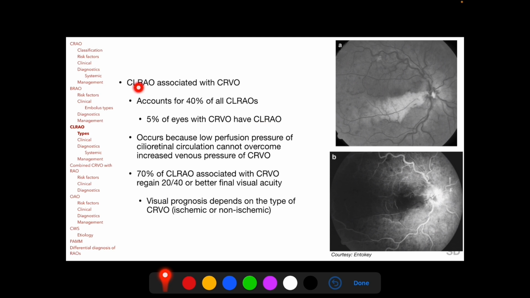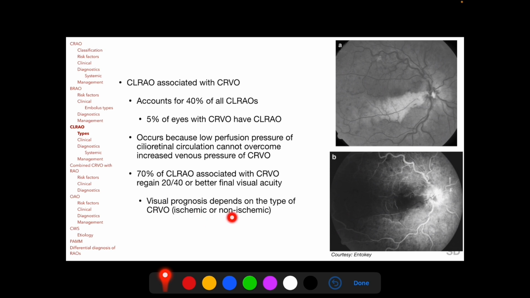The CLRAO associated with the CRVO is said to occur because low perfusion pressure of the cilioretinal circulation cannot overcome the increased venous pressure of central retinal vein occlusion, and the prognosis of CLRAO associated with CRVO is more guarded than isolated CLRAO, with 70% regaining 20/40 or better final visual acuity. The visual prognosis in an eye with CLRAO associated with CRVO depends on the type of the associated CRVO, either